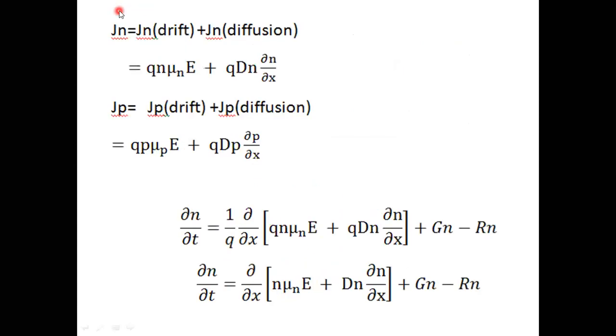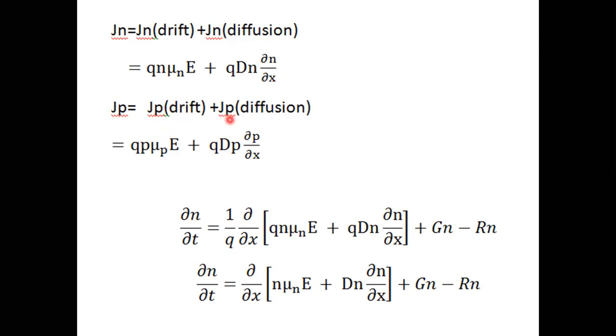Matter over. So Jn equal to current density due to electrons which are drifting plus current density due to electrons which are diffusing. So Jn equal to Jn drift plus Jn diffusion. So total current density is the summation of drift and diffusion currents. This is a very important point to note. Okay. So Jn drift becomes q into n into mu n into E. Likewise, Jn diffusion becomes q into Dn into dou n by dou x. Likewise, Jp, current density due to holes, equal to current density due to holes which are drifting plus current density